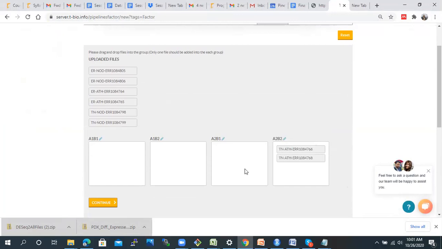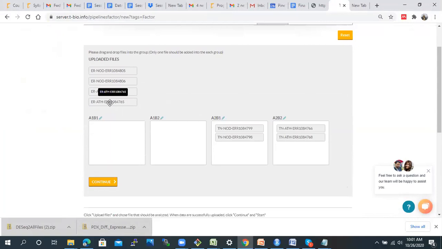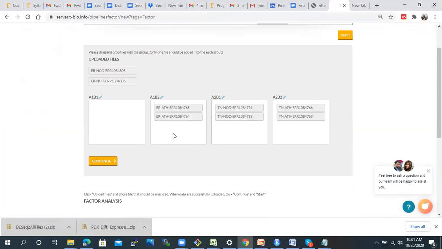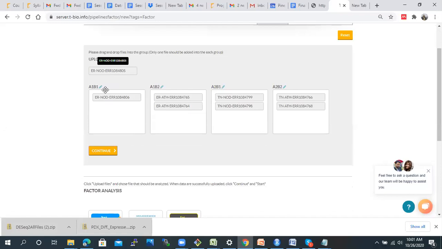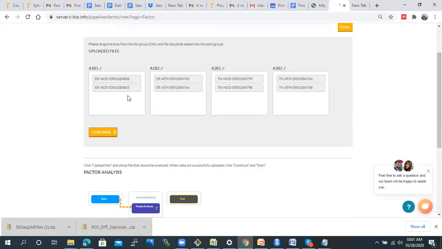In the last subgroup I am dragging triple negative athymic. In the third subgroup I am dragging triple negative node. In the second subgroup ER athymic, and in the first subgroup my samples ER positive and node. Then we can click on continue.